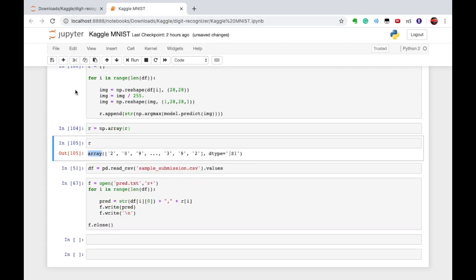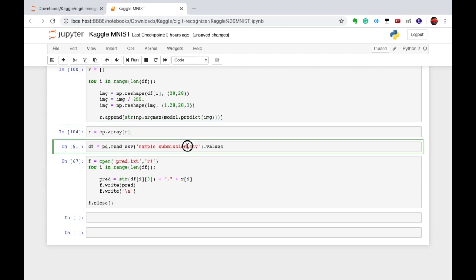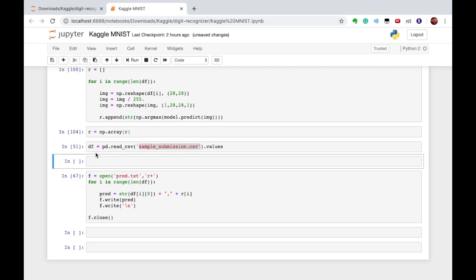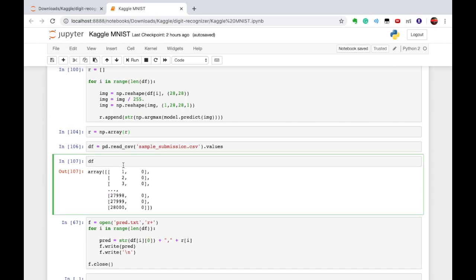Okay, and after that I'll read the sample submission CSV file. Let us see what this file contains. Create the data frame. Here I have the index of the particular image, and then we have to write all the predictions here. We have 28,000 images; instead of images we have the numbers of the images.